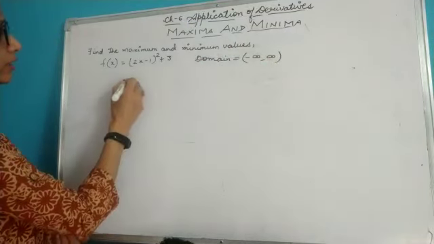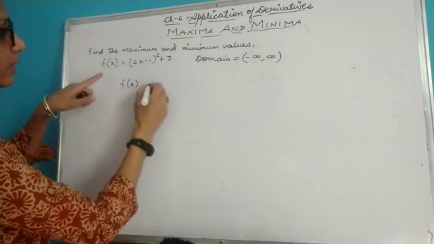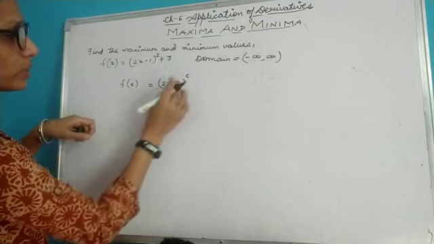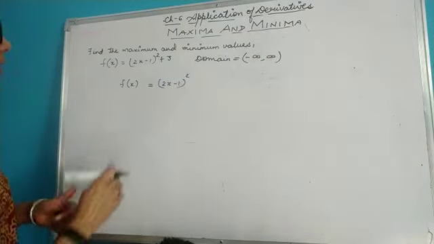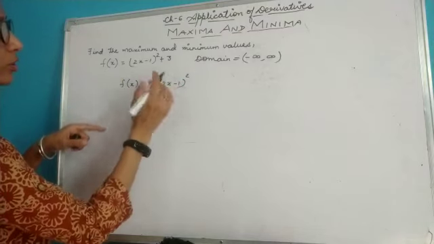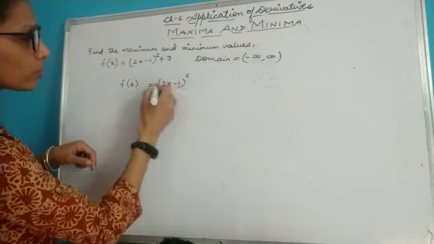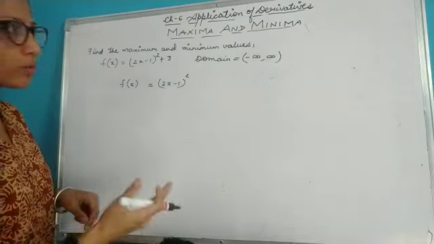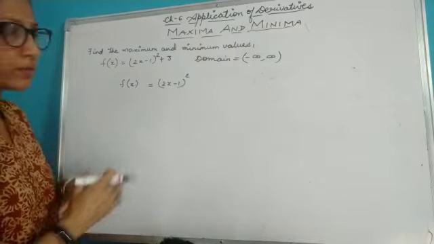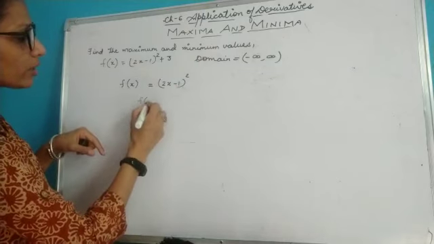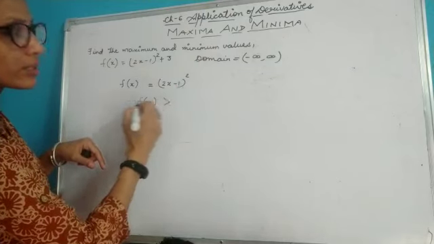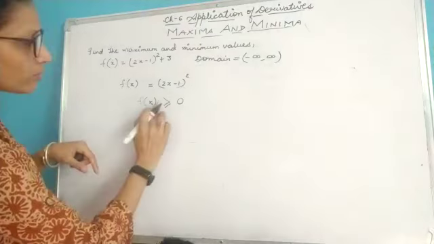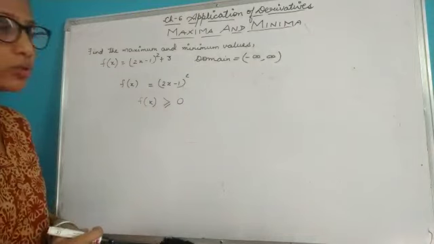Let's now take the function defined as f(x) equals (2x minus 1) whole square. I am taking the variable part over here. Now, if this is your function, you see this (2x minus 1) whole square, whatever value x will take, whether negative or positive, this will always remain positive. That means your f(x) will always be greater than or equal to 0.